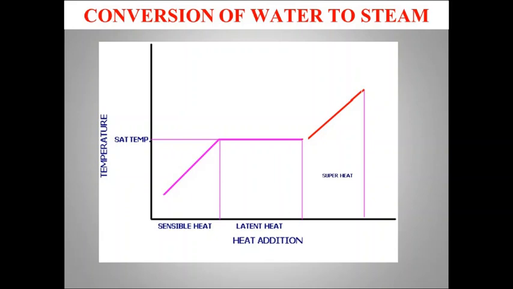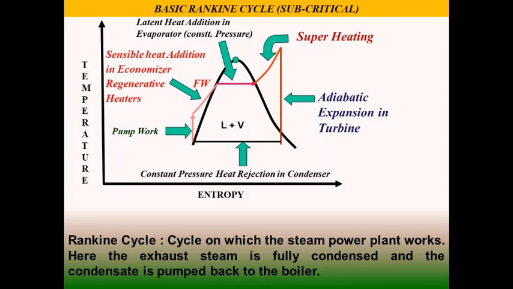All these three phases occur within the boiler in different zones, different heat traps, and as you see in the basic Rankine cycle, the entire heat addition process in the boiler is at constant pressure, and this constant pressure heat addition is done in successive